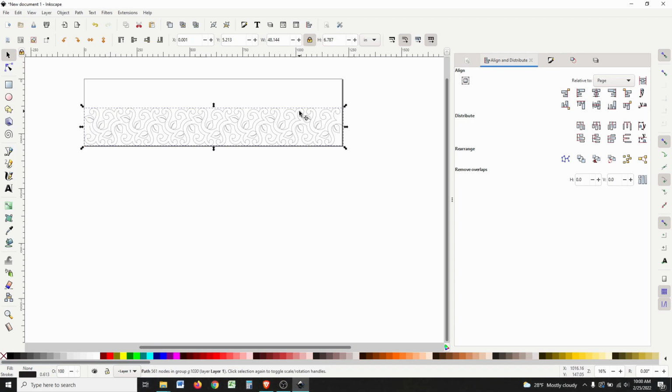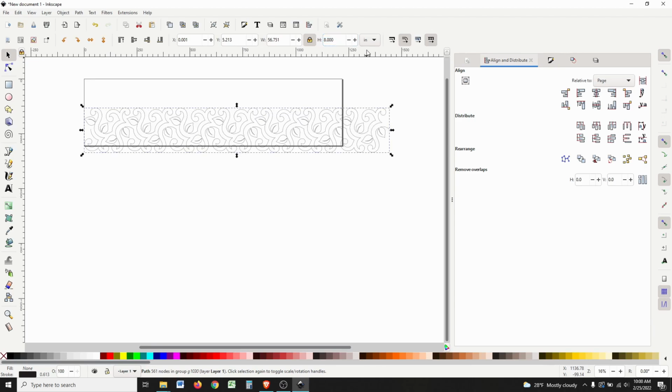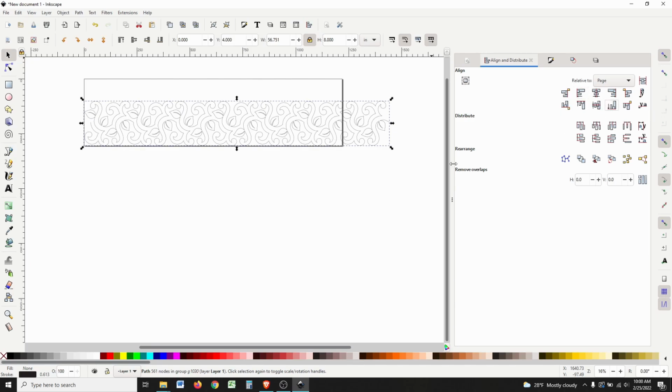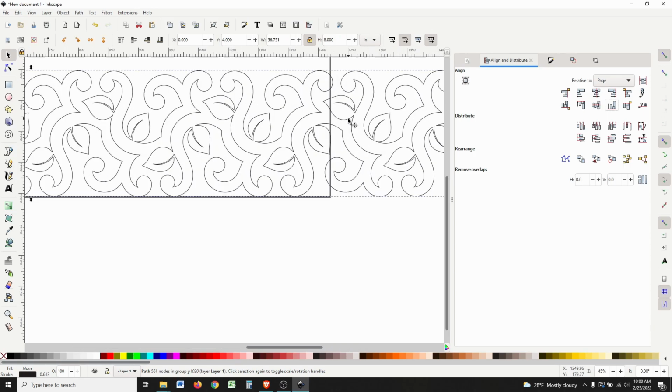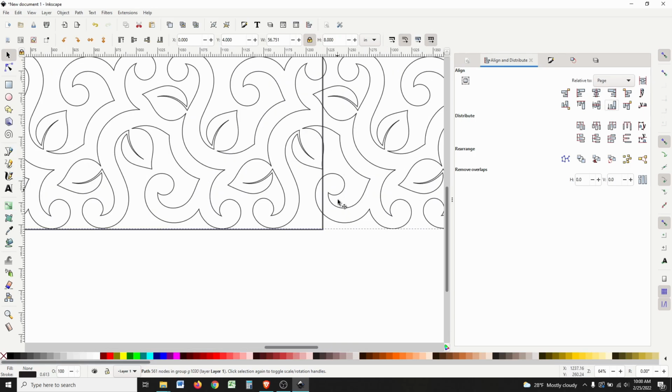So let's say we need it to be 8 inches tall. Okay, now I'm going to realign it. Line it to the left and to the bottom. Okay, now you can see I now have all of this sticking out the side. So in order to get rid of this over here,